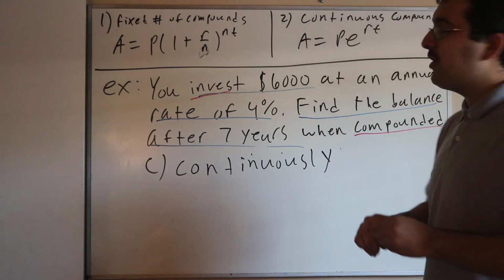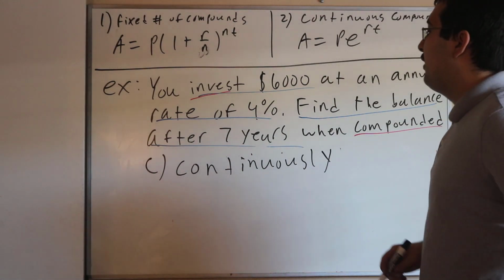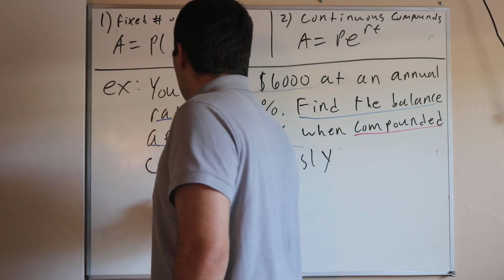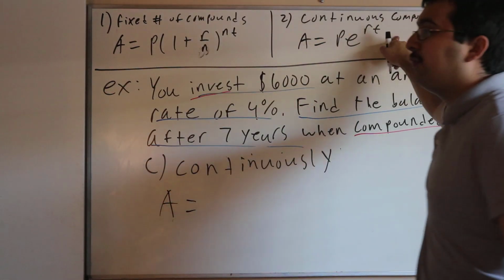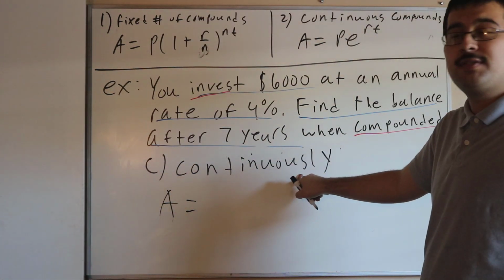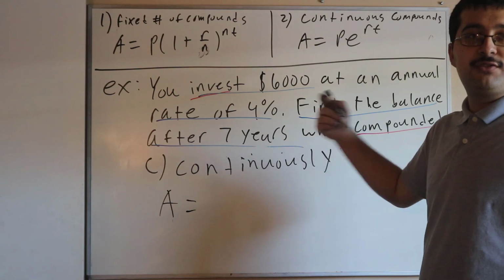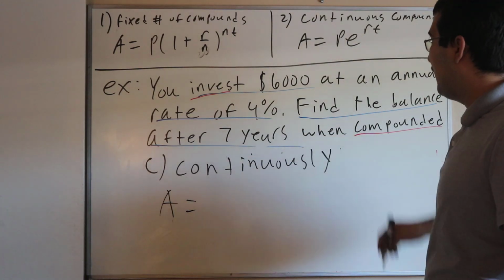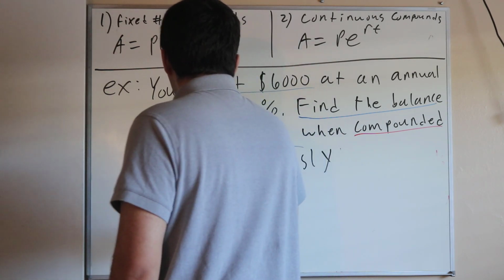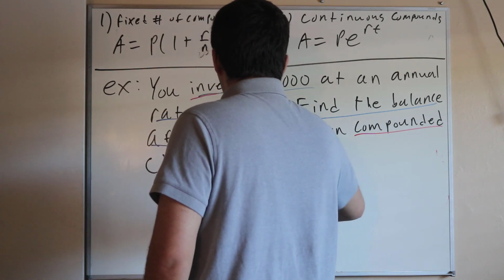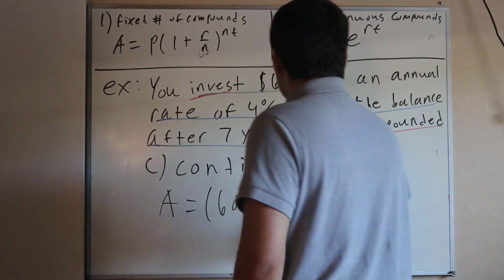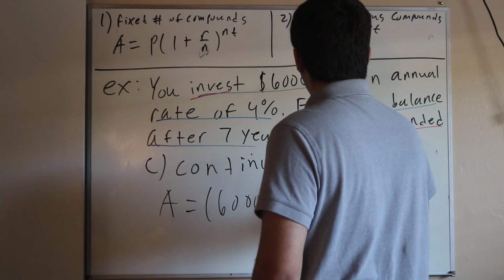Okay, so if we compound continuously, then we are now moving forward to our second formula because we have no longer fixed the number of times we'll compound. We're going to let ourselves do as much as we want. So since we are now using the second formula, no big deal. We still walk through with plugging in the known values. And we're going to get